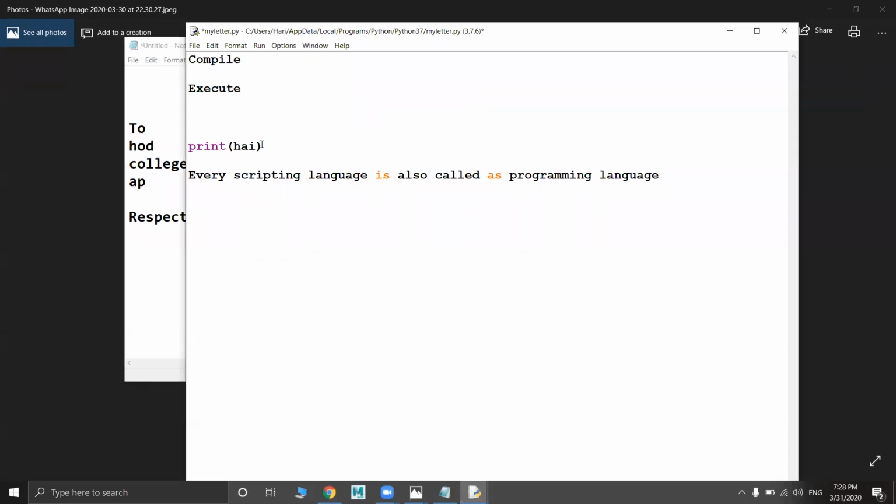Everyone will call Python either a scripting language or a programming language, because every scripting language can also do compilation and execution. That's why we call Python a scripting language as well as a programming language. Okay, Perl scripting language, Perl programming language, some examples.